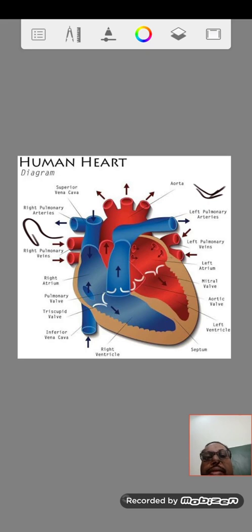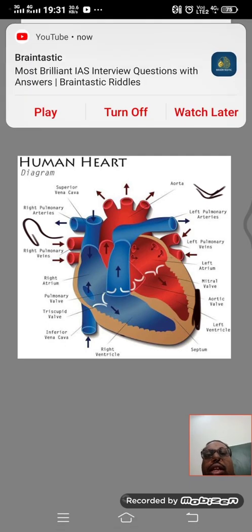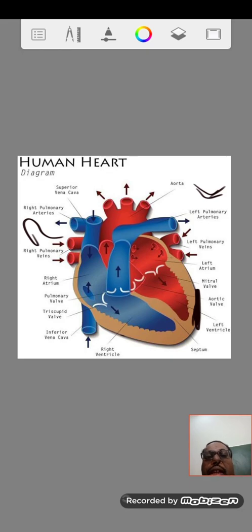One more thing: this particular part of the heart, the left ventricle side, is much thicker than the right ventricle, because the left ventricle is the main area which pumps. So when it pumps, the blood will circulate out to the different parts of the body. And one more thing, if you see here,